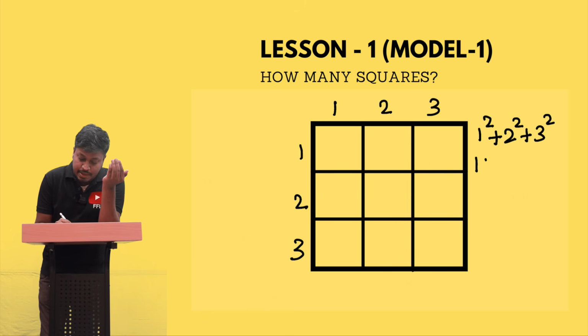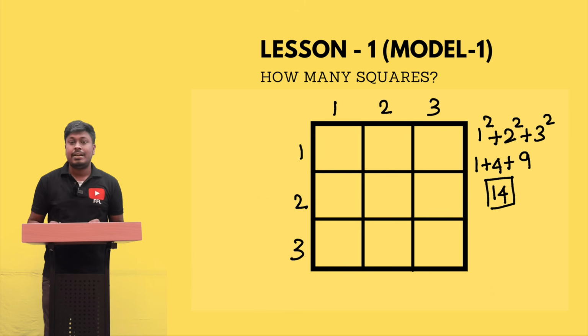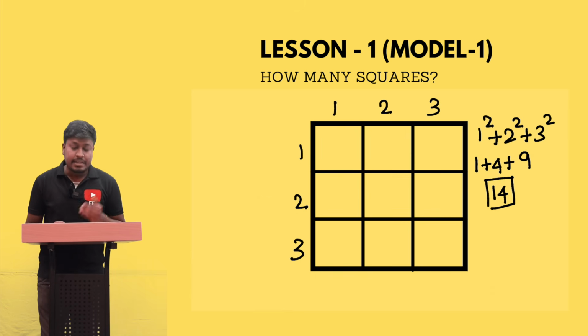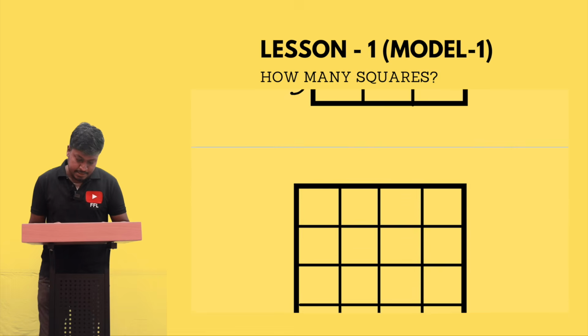So 1 square is 1, 2 square is 4, 3 square is 9. So totally the answer will be 14. So we can say that totally there are 14 squares in the given image. So next question is,